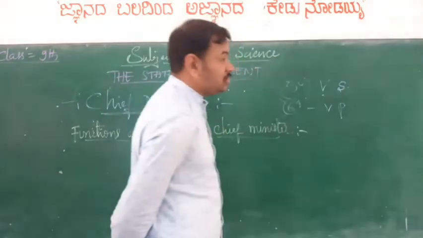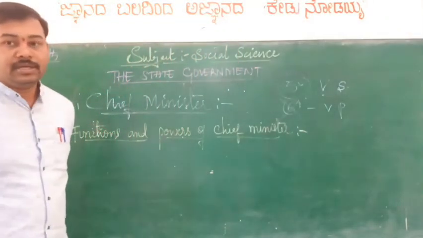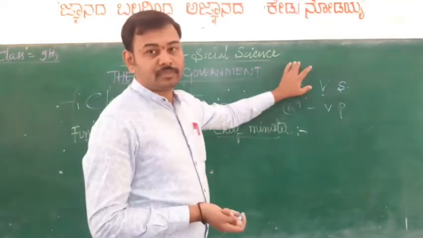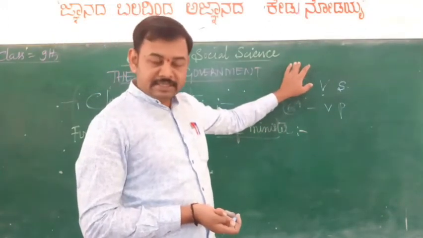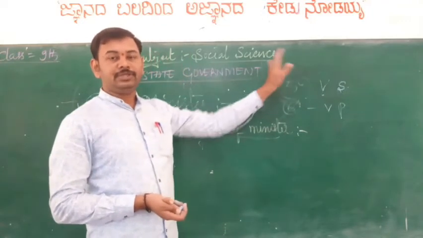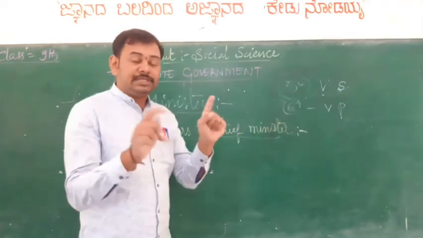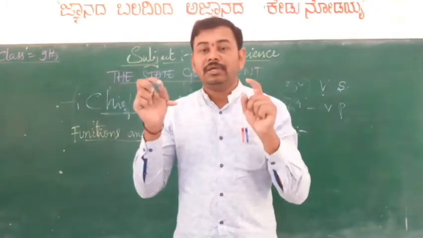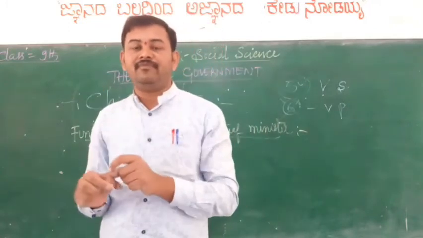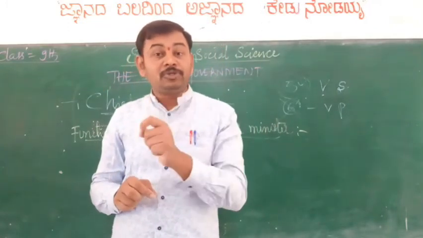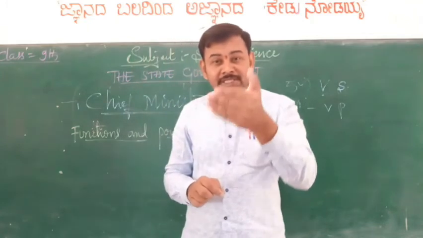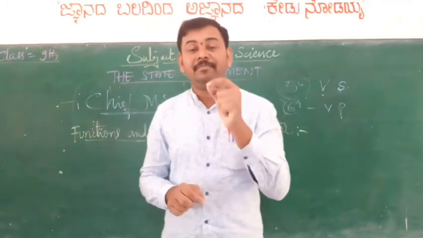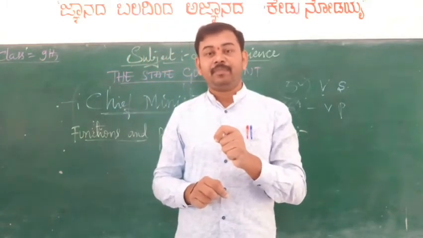See, what is the procedure of dissolving the Vidhana Sabha or legislative assembly? See, who dissolves Vidhana Sabha or legislative assembly? Yes, in the state, a governor. Dear students, the governor has the power to dissolve the legislative assembly before the completion of its term, 5 years. So what is the procedure? The governor must receive the suggestion of the chief minister. Here, one of the very important powers of the chief minister in the state.